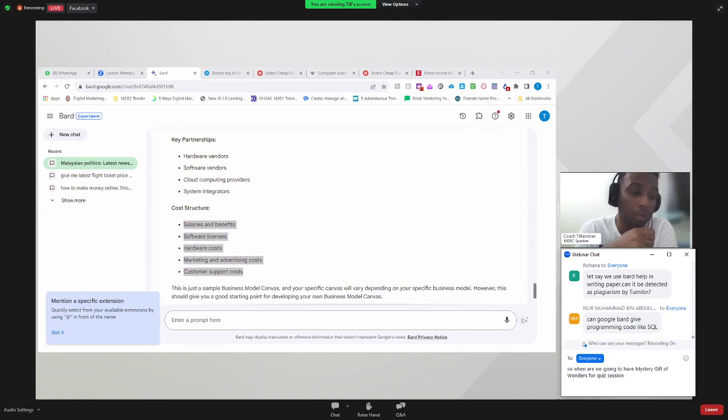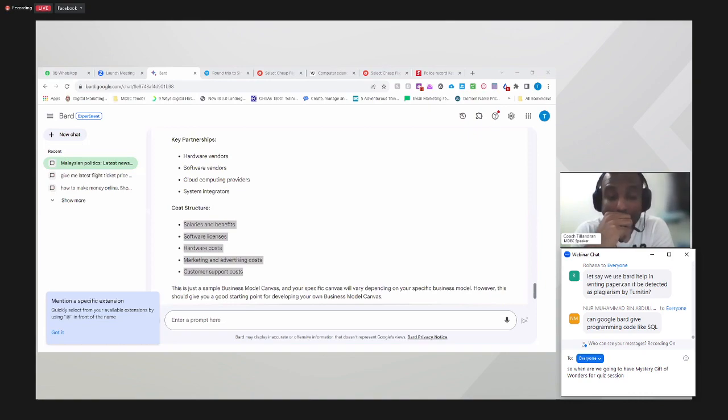If you're gonna copy, Rohana, to answer your question, kalau you copy 100%, of course dia akan detect as plagiarism lah. Kenapa? Sebab you tak ada reference. If you put the reference to the point that you write, right? Kalau point ni you ambil 100% and you reference, okay, I got it from, you know, Google Bard, then it's not plagiarism. Tapi of course kalau you dah modify atau rephrase, of course it will not be detected as plagiarism lah.